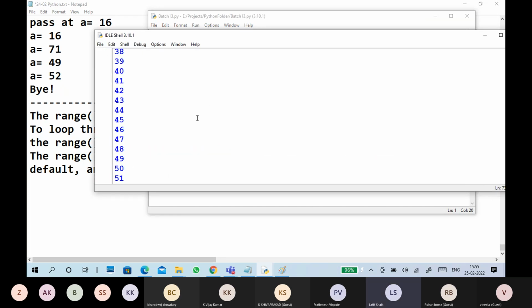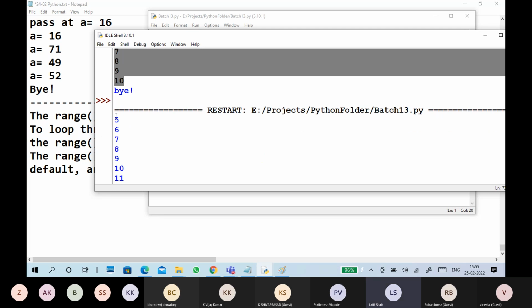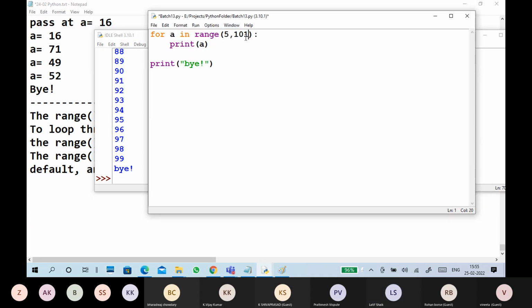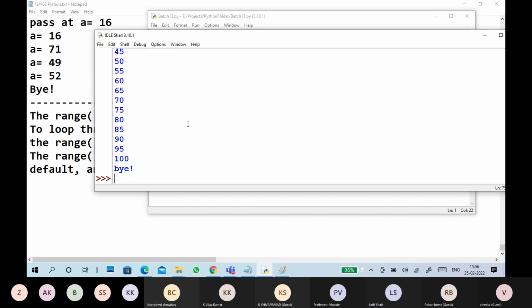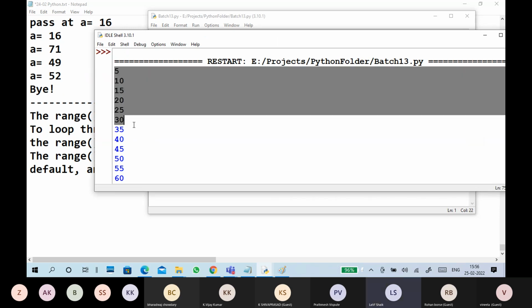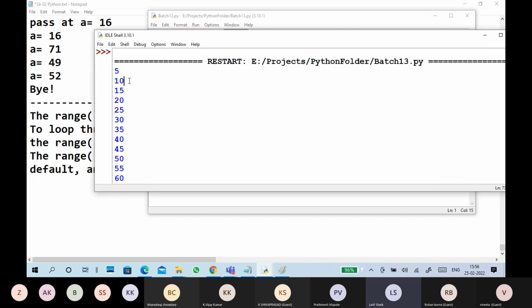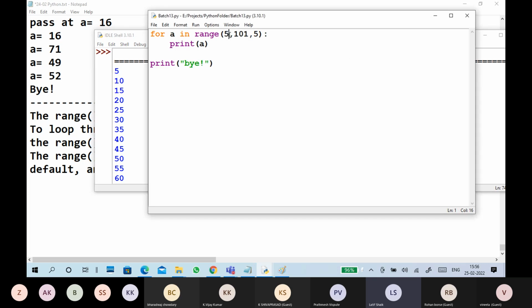For example, you want to display 5 to 100. See, starting with 5 up to 100 means 99. But you got the 5 table, so every 5 intervals it is printing. First is 5, 10, 15, 20, 25 like this. This is the starting number, this is the ending number, and this is the interval.